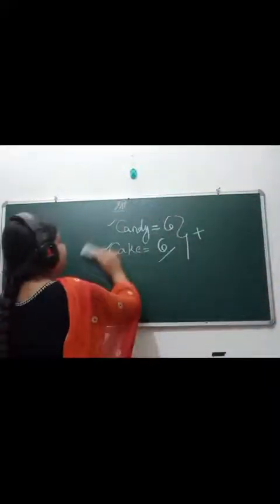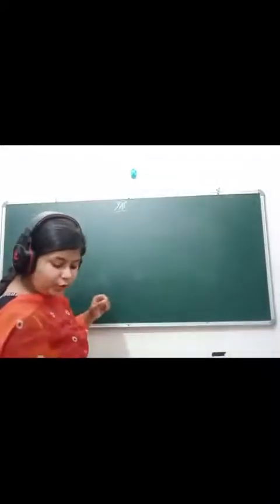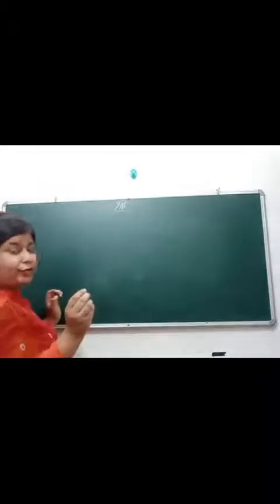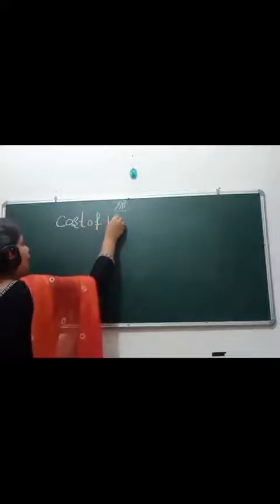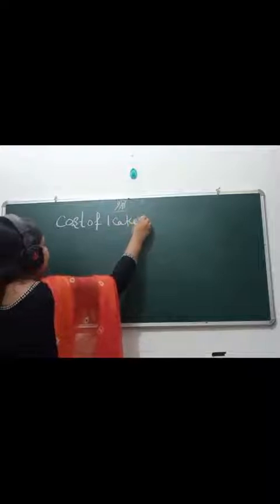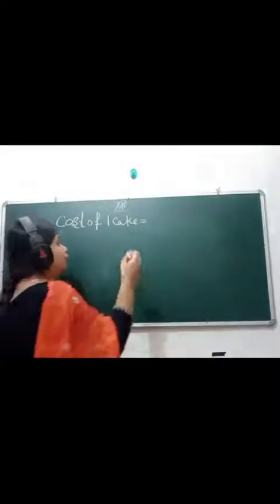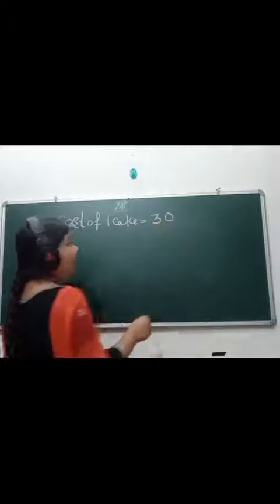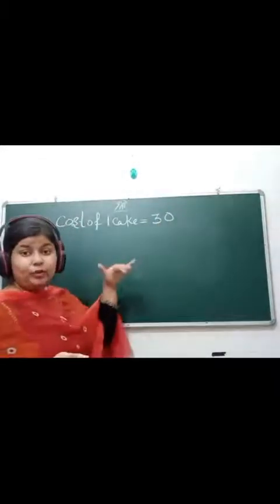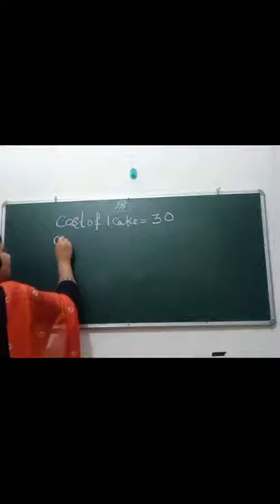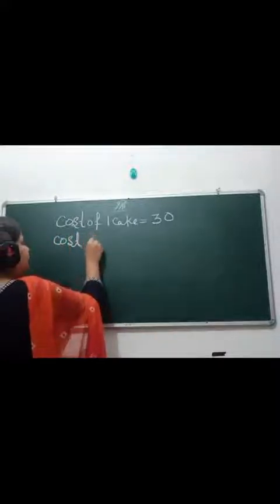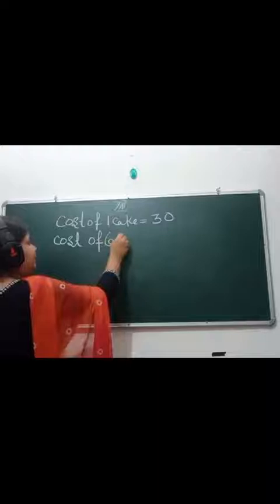So before finding out, let me erase the board. Okay, so now what we have to do? First we have to find the cost of one cake. So now cost of one cake equals to 30 rupees. And how many layers of cakes were there? 6. So now cost of 6 cakes equals to